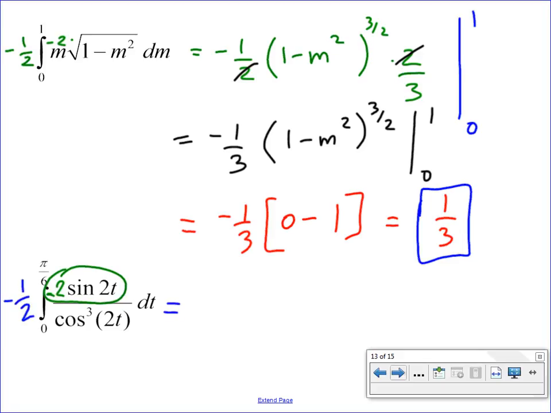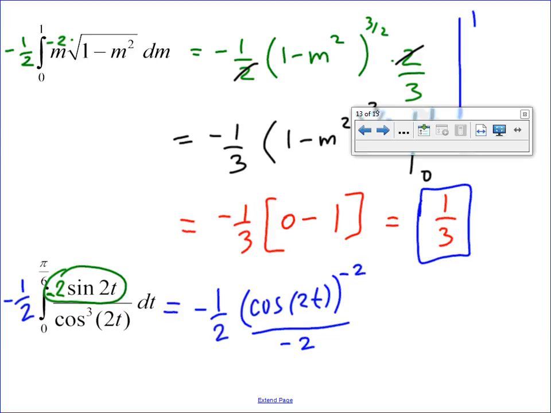Can we go right to it? So I've got negative 1/2, and I now have to add 1 to the exponent and divide by the new exponent. So this becomes cosine of 2t to the negative 2 divided by negative 2, and then evaluated from 0 to 5 or